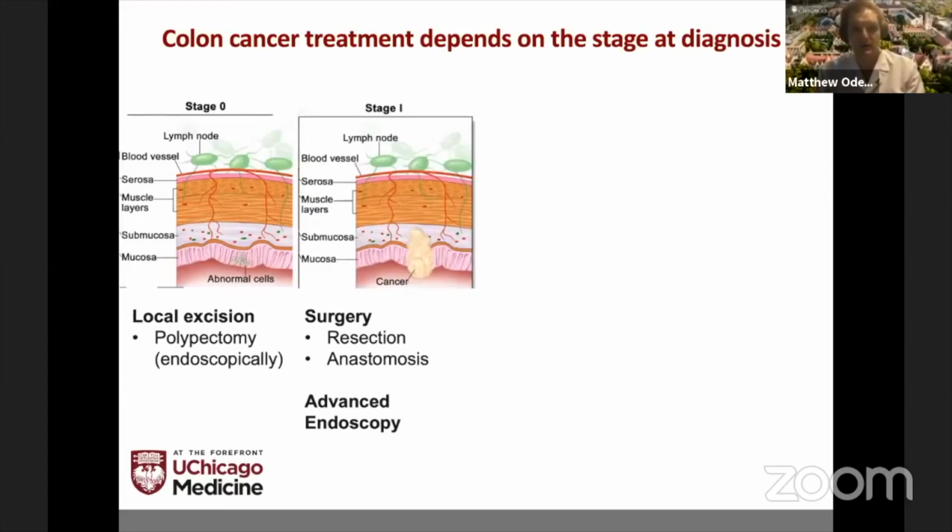Stage 1 is colon cancer that's invaded just a little bit deeper into the lining called the submucosa, and that sometimes requires surgery with a resection of that segment and then plugging the bowel back together, called an anastomosis. And some institutions such as ours also offer advanced endoscopic techniques. So this is with the scope like a colonoscopy, they can dissect under here and leave the colon entirely intact. But whether or not that's the right treatment for stage 1 cancer needs to be a close discussion between the advanced endoscopist, the surgeon, and the oncologist.